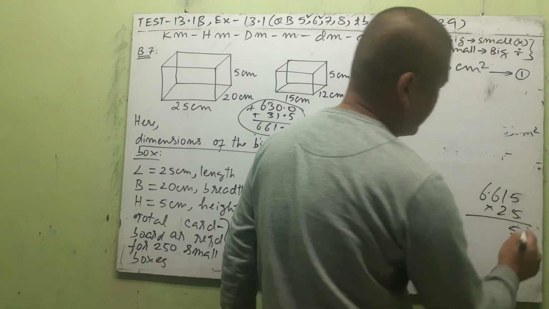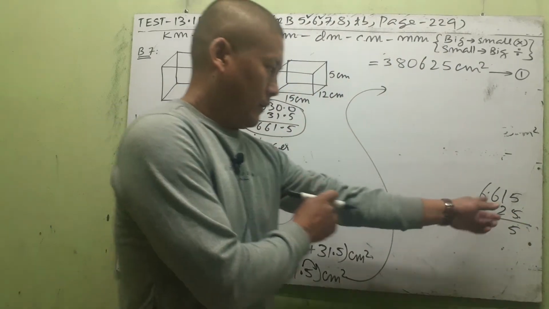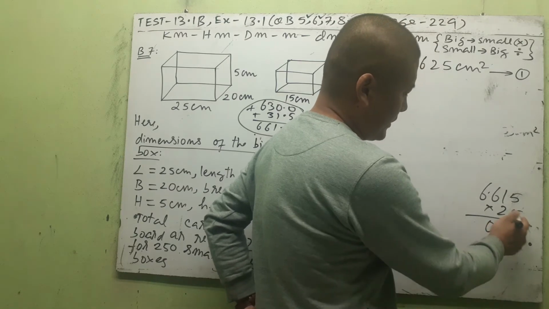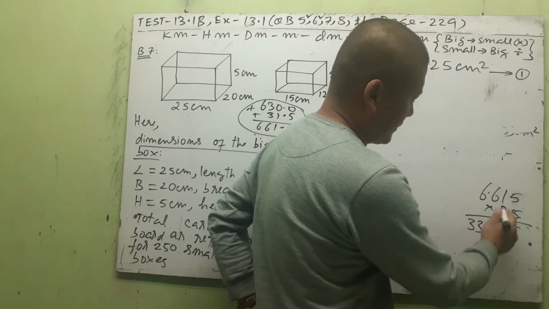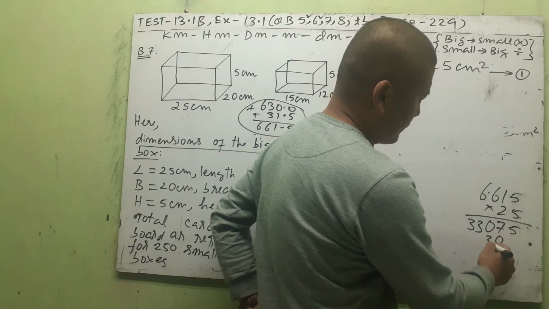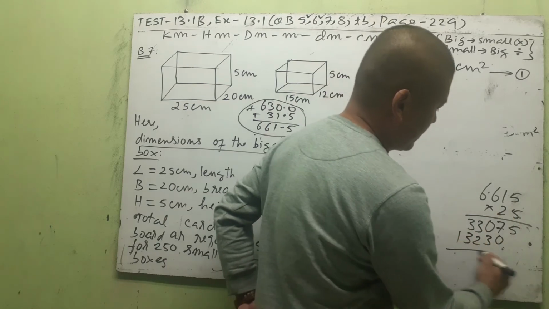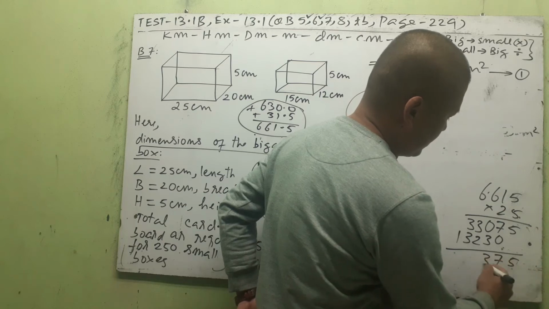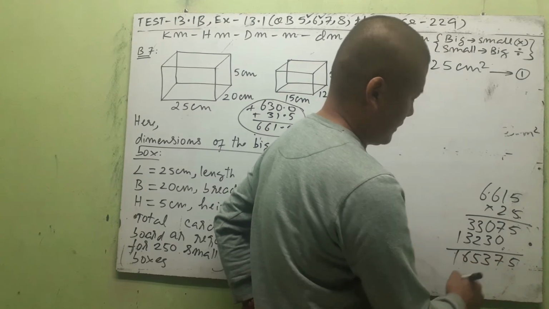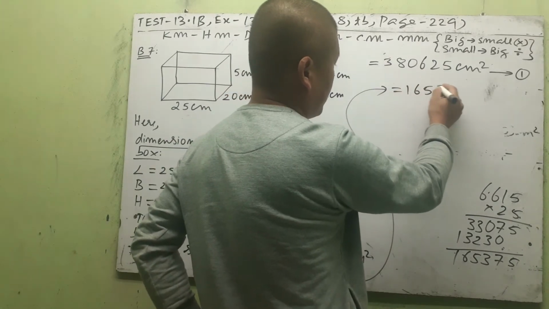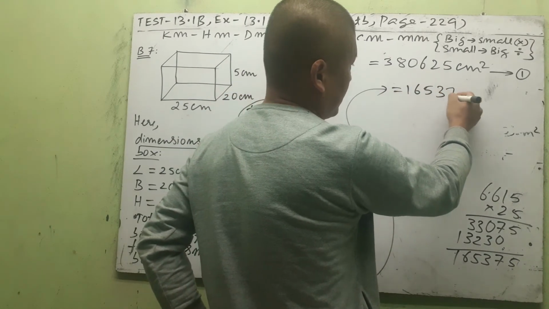5 5s are 25. 5 1s are 5, 6, 7. 5 6s are 30, 3, 9, 5 6s are 30, plus 3, 33. 5s are 10, 2 1s are 2, 3. 6s are 12, 2 6s are 12, 13. 5 7 3 5 6 1. So you're going to get 1,653,750